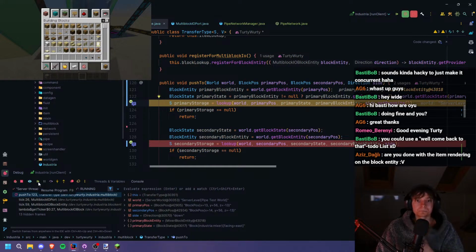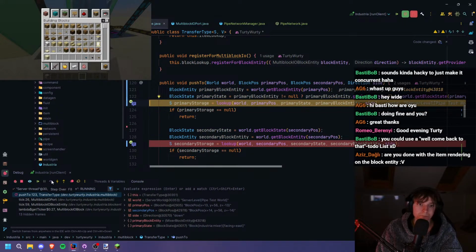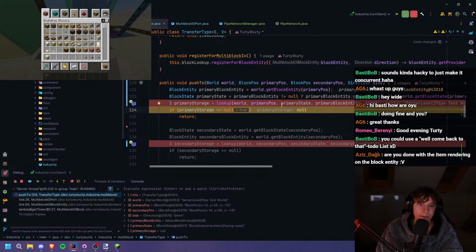Let's see again. So the primary pause should be the controller. Primary block entity, yeah, you can see that's the controller. The state is the controller. That's fine. So the side is down, so it's going to look in the opposite. That's definitely not correct. So let's get rid of that completely. The primary storage though is still non-existent. So it looks in the primary block entity, so it looks in the mixer for something for